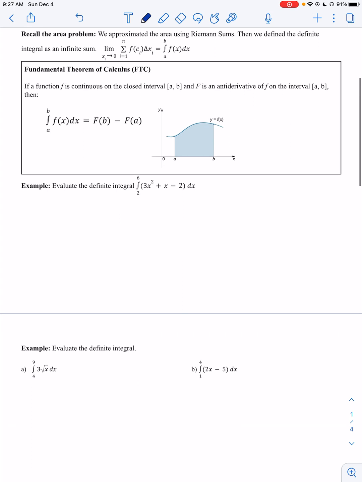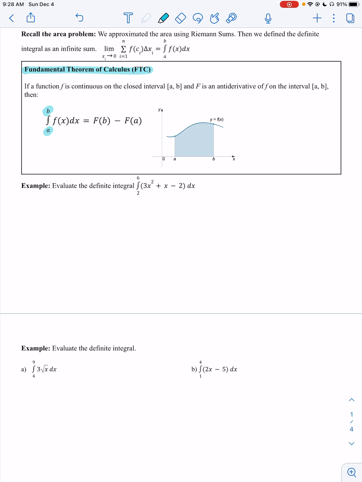So that's the fundamental theorem of calculus here. I will highlight it because it's fundamental. If a function little f is continuous on the closed interval a to b, and capital F is an antiderivative of little f on the interval a to b, then this is true. So basically what this is saying is that if we've got our integral with our lower and upper bounds here and here,